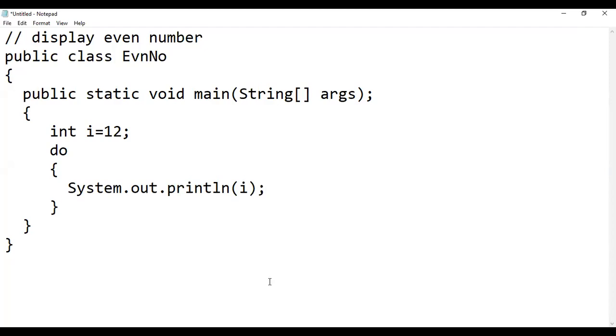So when this block ends, then the condition will be checked: while I less than or equal to 10. So now our value is not less than 10, but do while will execute it once, because firstly the block will be executed and then the condition will be checked. So 12 will be executed and displayed, and after that the condition is checked.